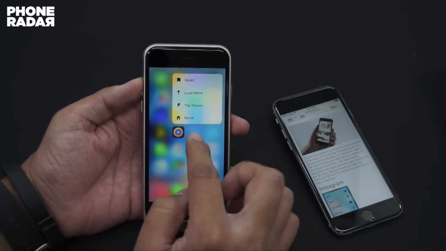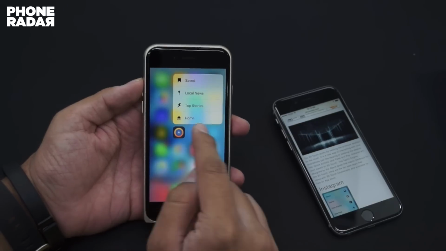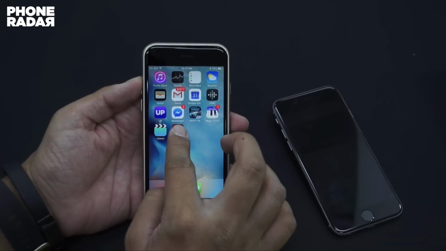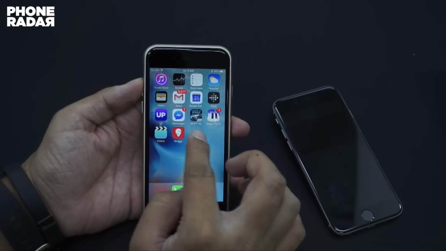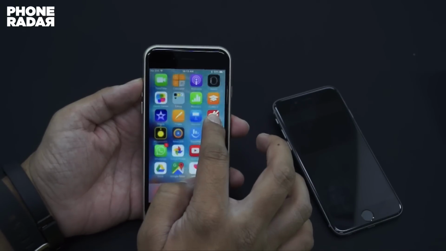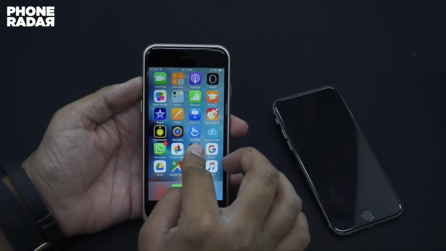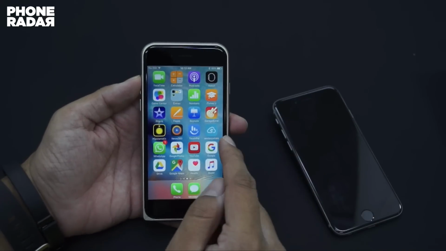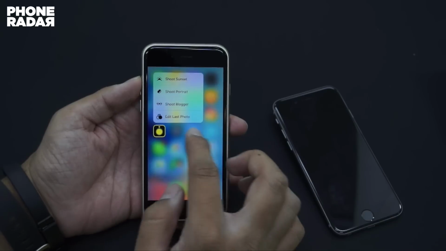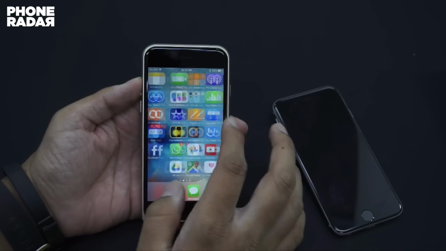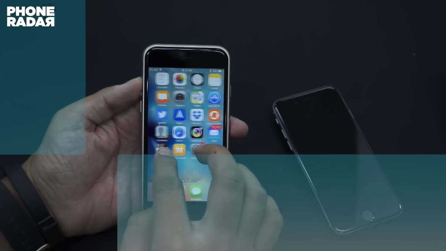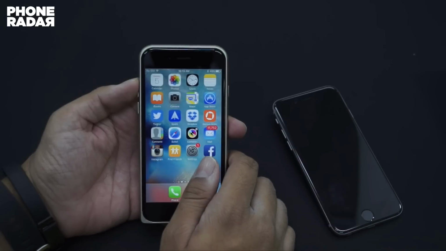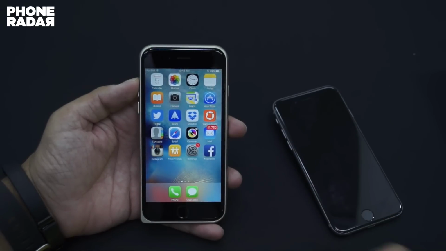Not all the applications come with that, so here is another one, the new News360 application, which gives you the news and also comes with 3D Touch. I have also installed a few other applications, but not all are perfectly configured for 3D Touch, but soon the applications would be coming with these new features. So as of now, I have just given you a demo of a few of the applications which come with 3D Touch. Do make a note that sometimes you may end up doing a long press and actually moving the applications or going to the earlier type of options. So these are a few of the applications available on the Apple App Store, which you can download and enjoy this advanced force touch feature which is called 3D Touch by Apple.